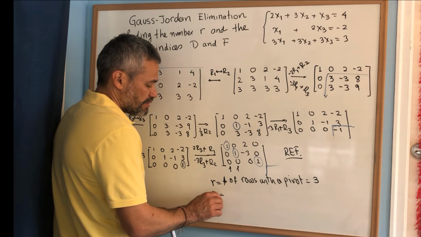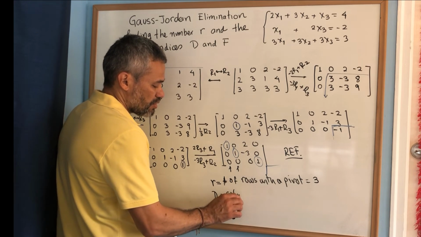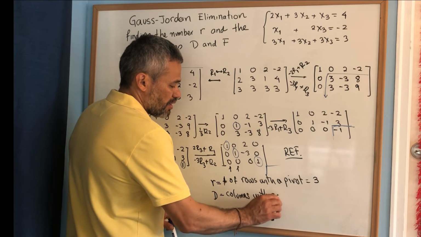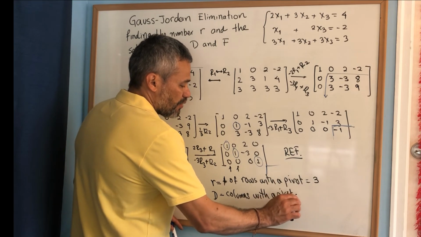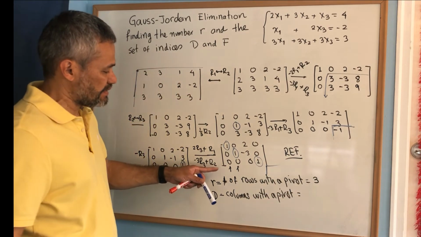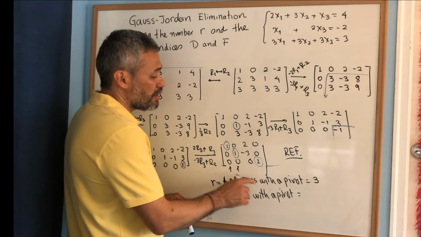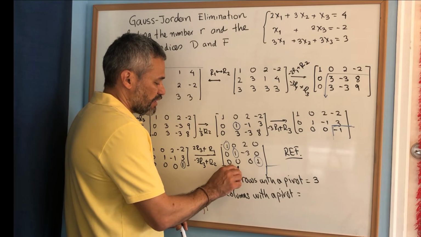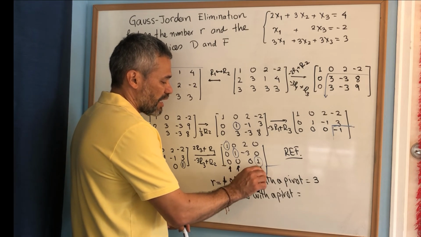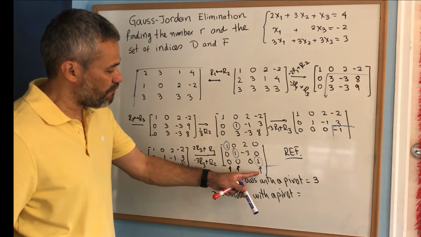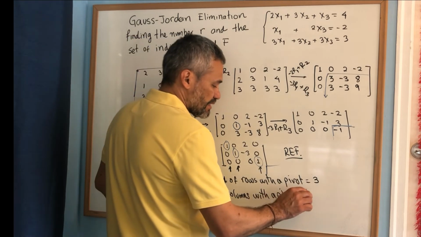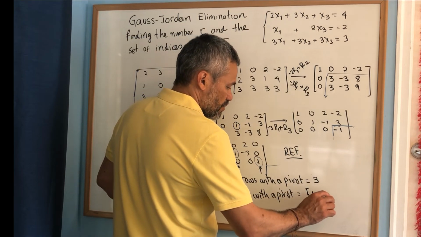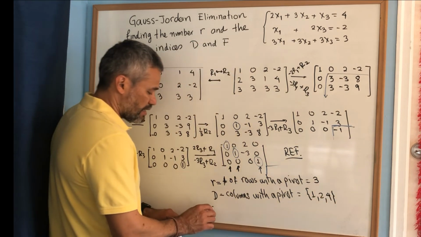D is the columns with a pivot, and what I mean is the indexes of the columns. In this case, we have that the first column has a pivot, the second column has a pivot, and the fourth column has a pivot. And in this case, D would be the set 1, 2, and 4, and F